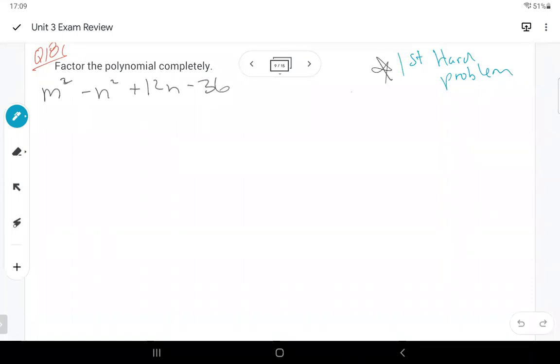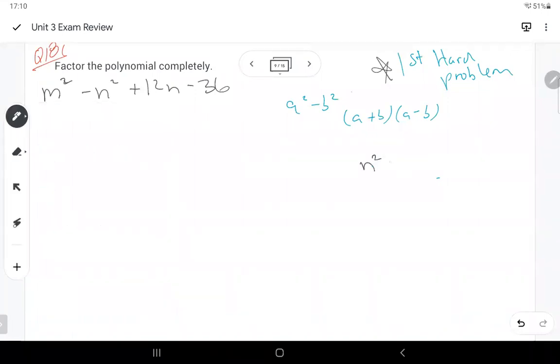So the first thing you have to do is recognize that this is in the form of a squared minus b squared. And we would normally split it up into a plus b and a minus b. However, the b squared in this case is its own trinomial, and it's actually a perfect square trinomial, which is really nice. So if we look at it over here,